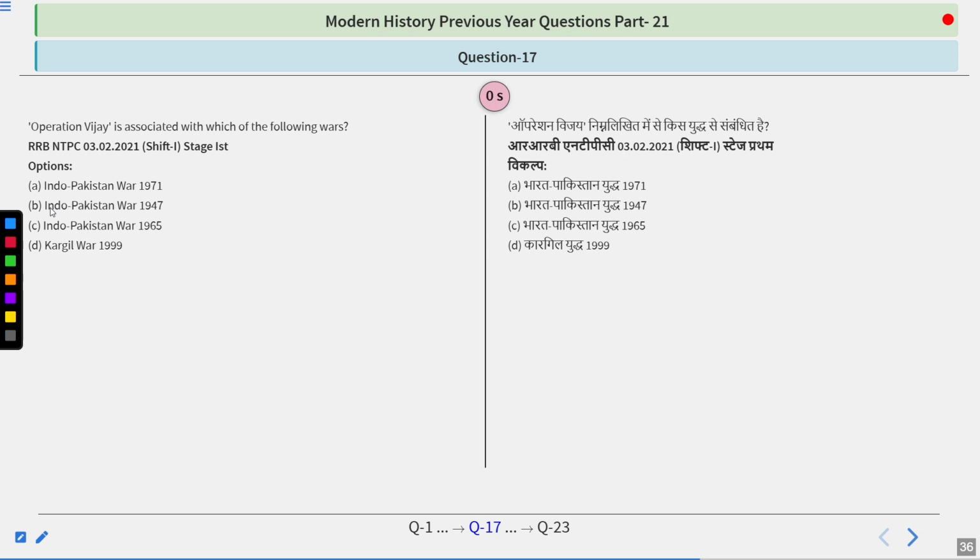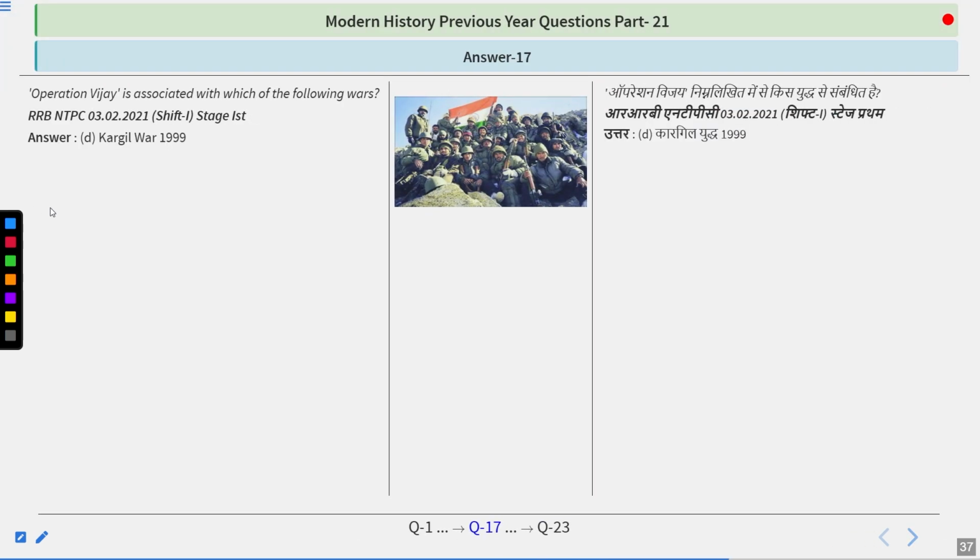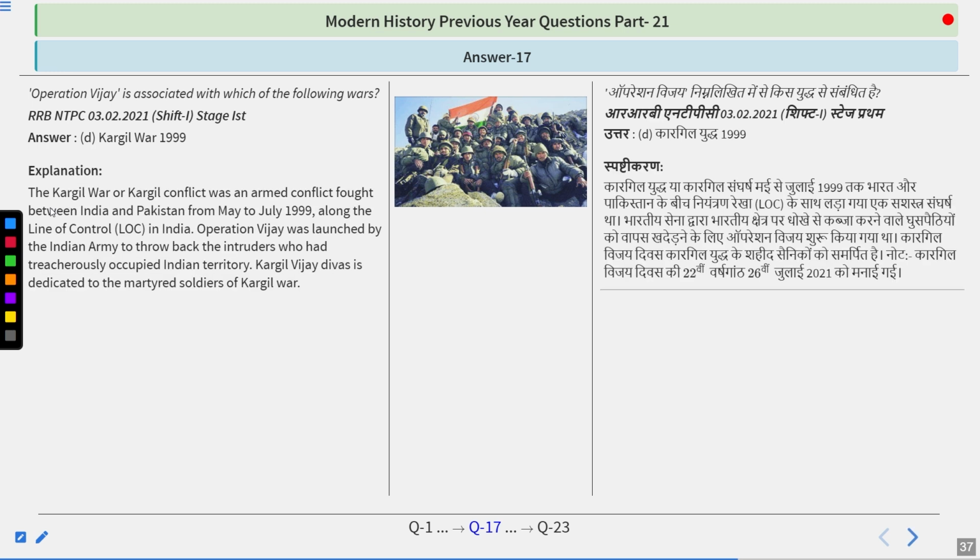And I guess the answer you are looking for is quite right, because the answer is Kargil War 1999. So do remember that Operation Vijay is related to the Kargil War 1999. And one more thing that you can add is that 26th July is basically celebrated as Vijay Divas. So the Kargil War